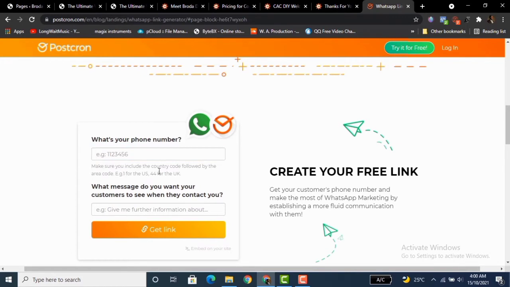Sorry, make sure you include a country code. Yes, so you enter your phone number with your country code. That's 234-818-207-5639. Now it will ask you, what message do you want your customers to see when they contact you? That means when they get to your WhatsApp, what message should automatically be attached